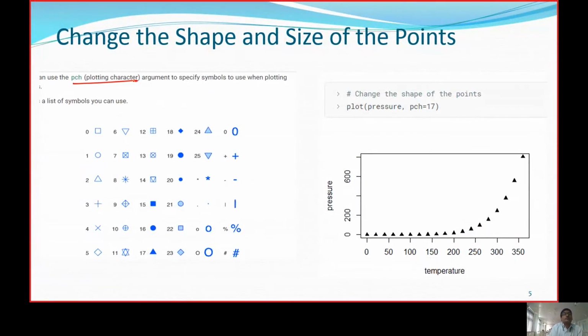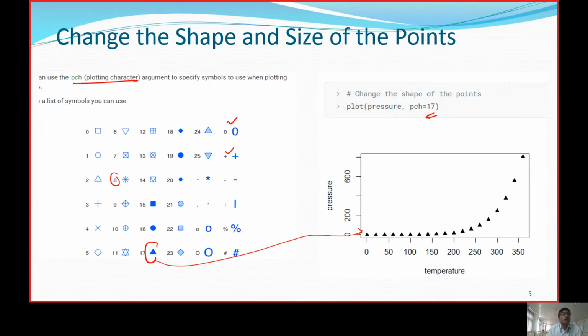Next comes the PCH. We are going to call it a plotting character. If we define O, then it will be shown as O. If we define it as plus, it will be treated as a plus there. Similarly, if we want an asterisk, we can select it as 18. And if it is 17, then we can assume this was the triangle here.